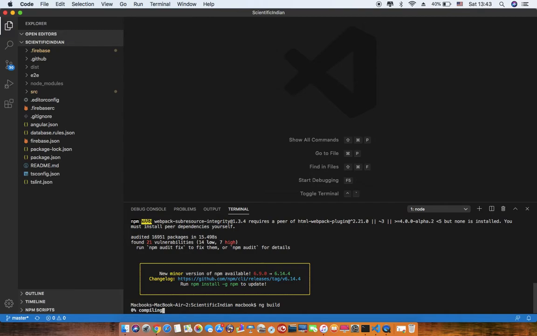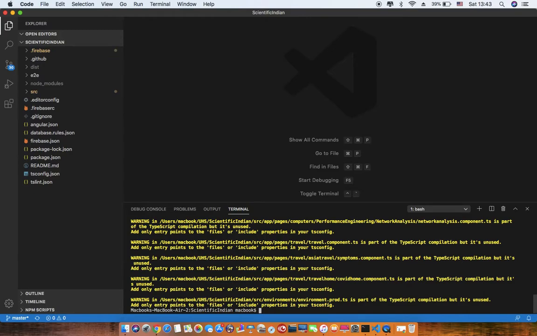Post compilation, there is a simple step which will make your project available on your localhost to go and check on your machine if everything is fine in your project or any debugging is required. Simultaneously, you can go into Firebase, create your login ID, and upload this project using some basic Firebase commands like firebase login and firebase deploy to make your project available on the internet. So next is ng serve.